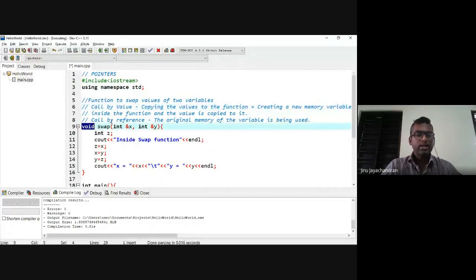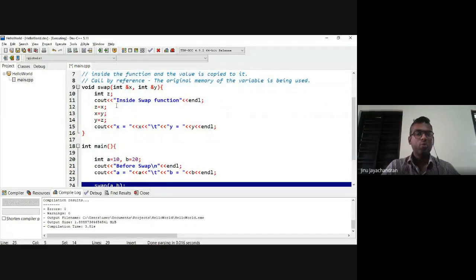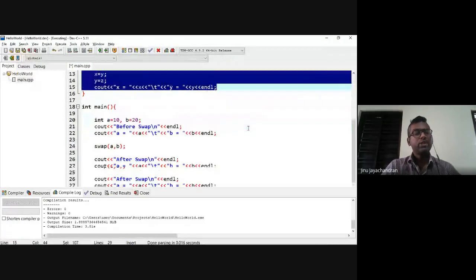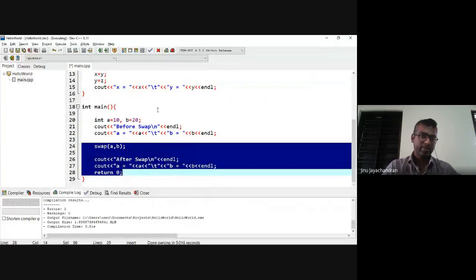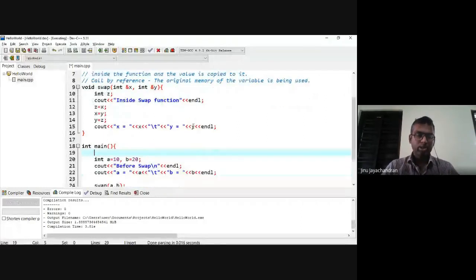Instead, if you use call by reference, you can pass any number of arguments, and that many arguments will get changed inside this function, which will be reflected here. So you don't need a return statement. That is one advantage. So this is called call by value and call by reference. I hope you have understood that concept. It's a very important concept, not only from a semester point of view but also from a placement point of view.